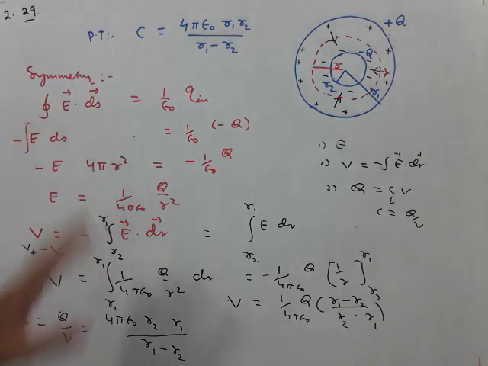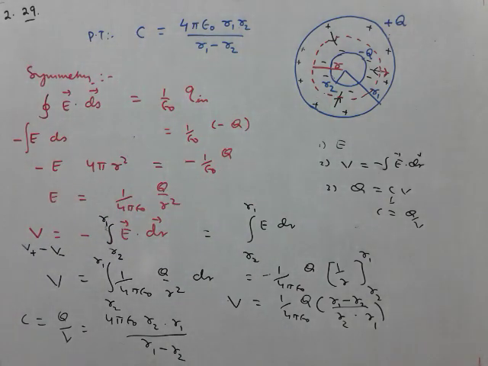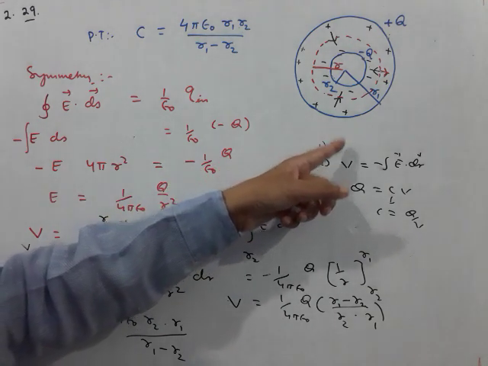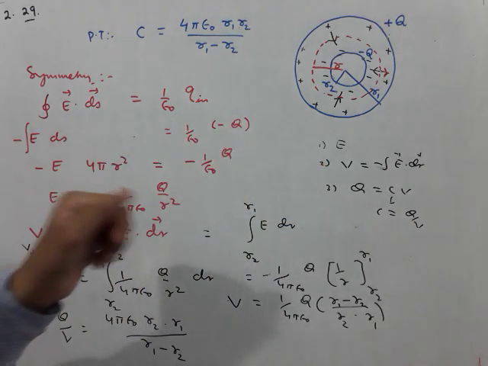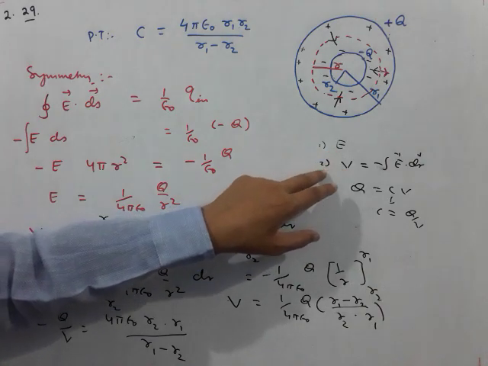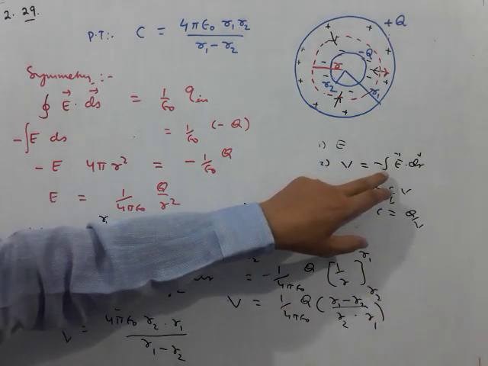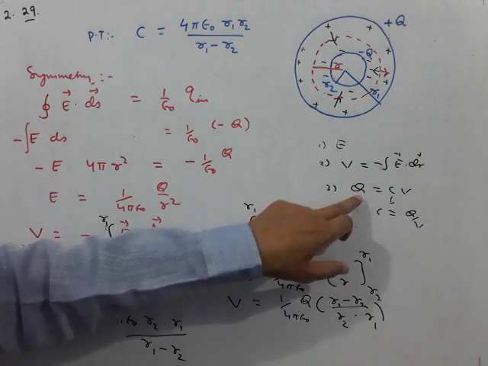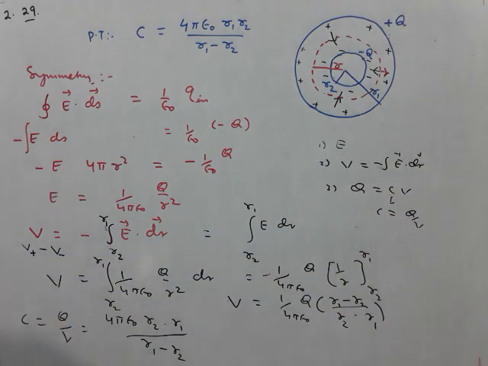So this is an important question, students, and this is called a spherical capacitor. Likewise we can have a cylindrical capacitor or other types of capacitor. Whenever you have to find the capacitance, remember there are chiefly 3 important steps. First step is to find the electric field between the plates of the capacitor. In the parallel plate capacitor also we have used the same concept. Then after finding the electric field, the second step is to find the potential difference between the plates using this formula, minus integration E dot dr from higher potential to lower potential. And then the third one, we will use Q is equal to CV to determine C in terms of Q by V, and that will give us the answer.